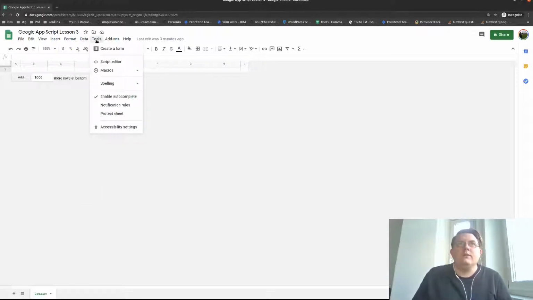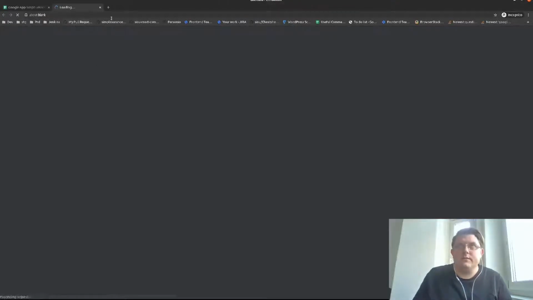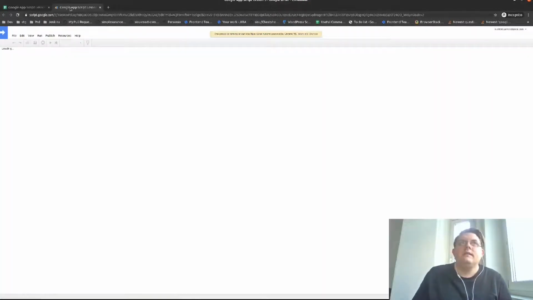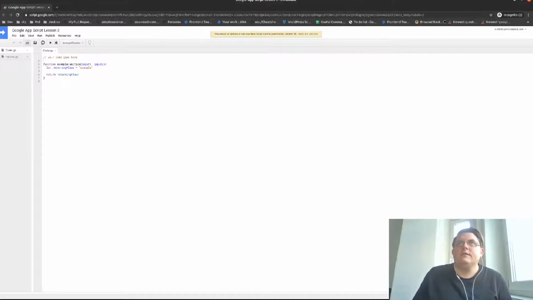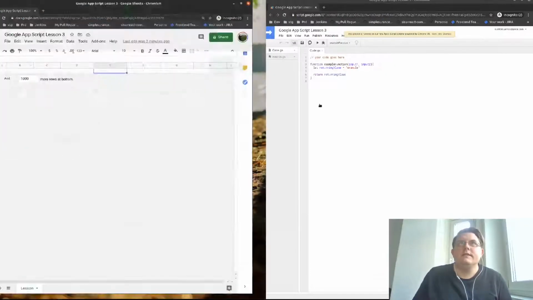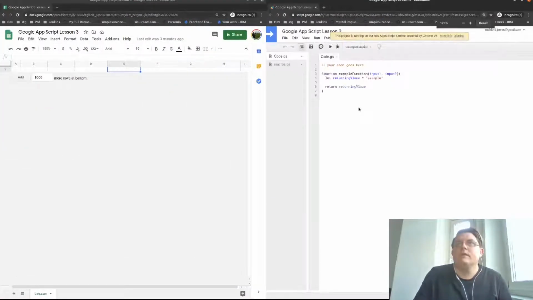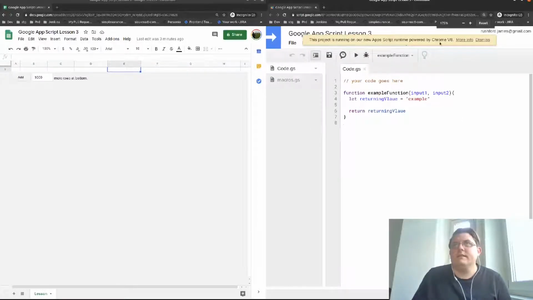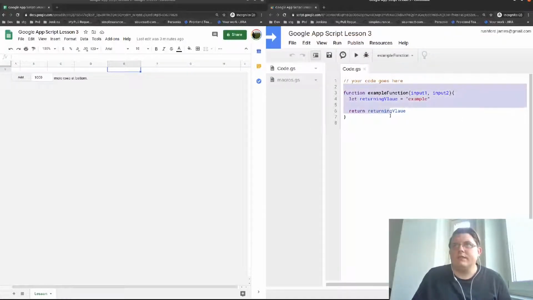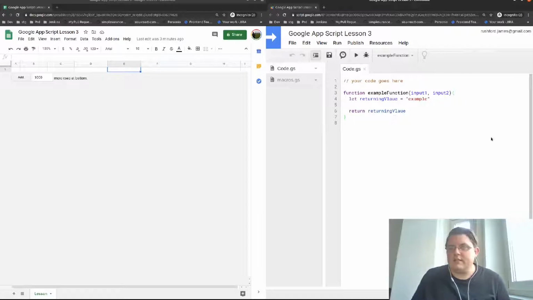So to start with, we'll open our script editor as always, and I'll make this half the screen so you can see a little bit easier. Zoom in so you can read this. So there's an example function here. If you ever get stuck, you can refer to that when you're doing the exercise after. But for now,